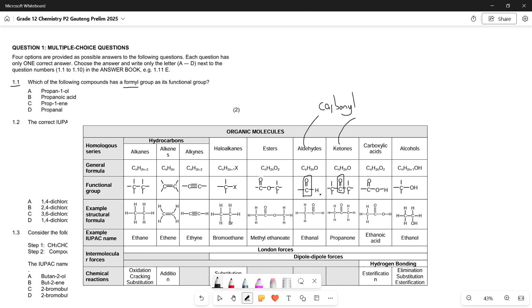An aldehyde just has it on the end. That's why there's an attachment for an H over here, but a ketone is a C double bond O in the middle with a C on either side, so there's no space around the C to attach an H over there. So these guys have a carbonyl, and that means we're either looking for an ethanal or something with an -al at the end, or a propanone or something ending in -one over there. So carbonyl is for both, but formyl specifically has to do with our propanal over here,